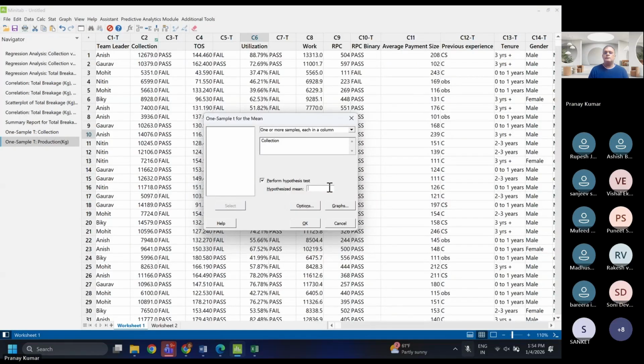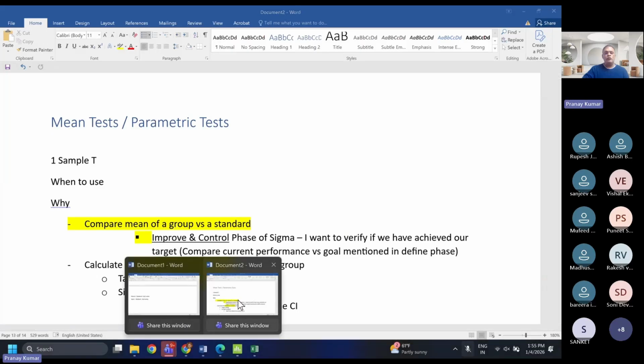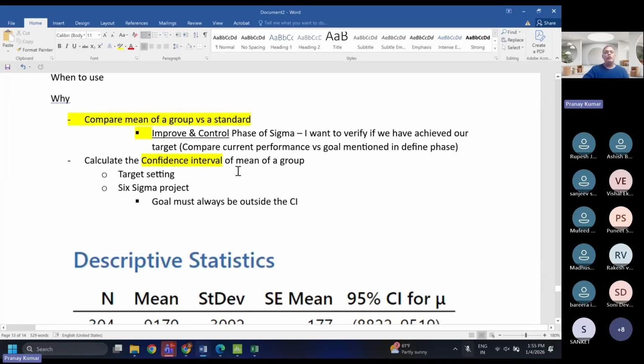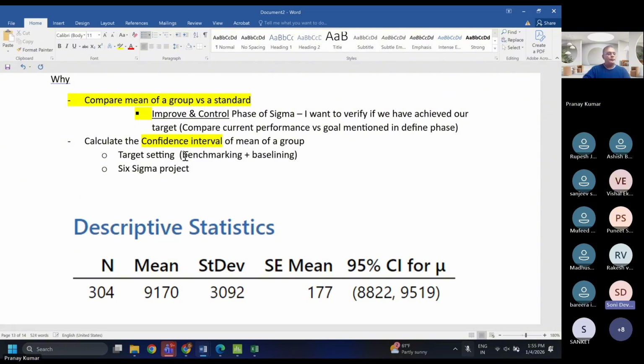The two usages of one sample t test: one, that you want to compare mean of a group to a standard, or you want to calculate the confidence interval of the mean. और ये टारगेट सेटिंग जिसको हम बेंचमार्किंग, बेसलाइनिंग, बहुत सारी चीजों में इस्तेमाल करते हैं।